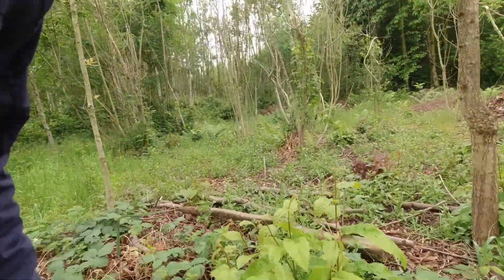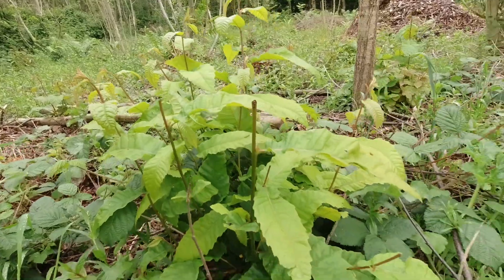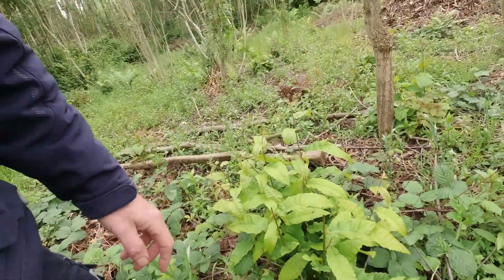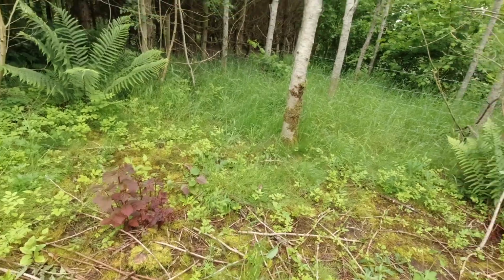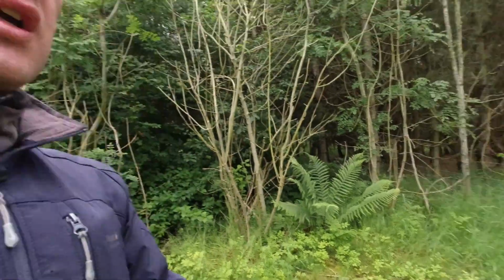Oh, now that's Muntjac damage, look. That there, that there, that there. They've eaten the tops off, so that means the Muntjac are getting in this area. You perhaps get an idea of the diversity that comes up: wildflowers, grasses, herbs,